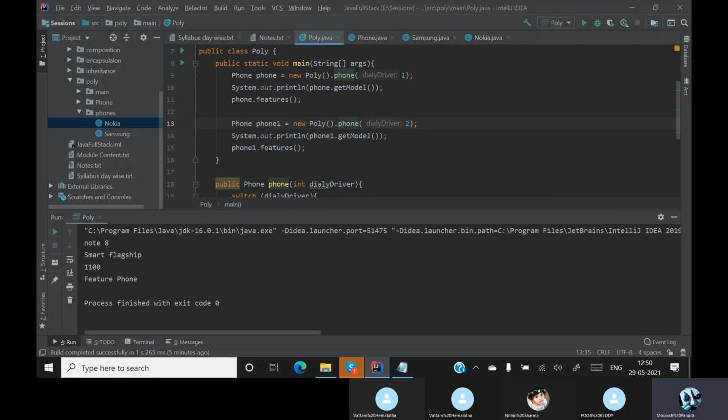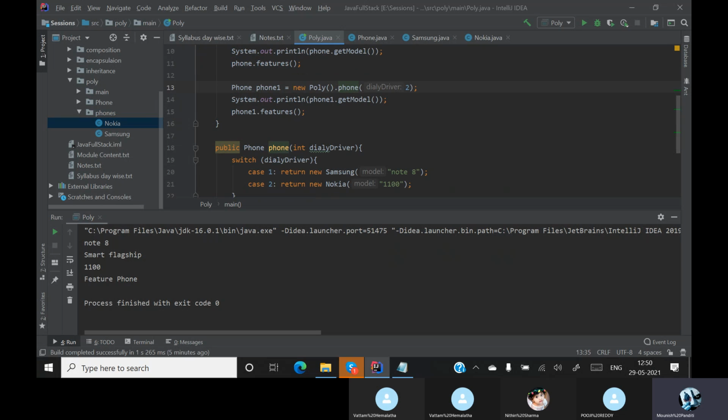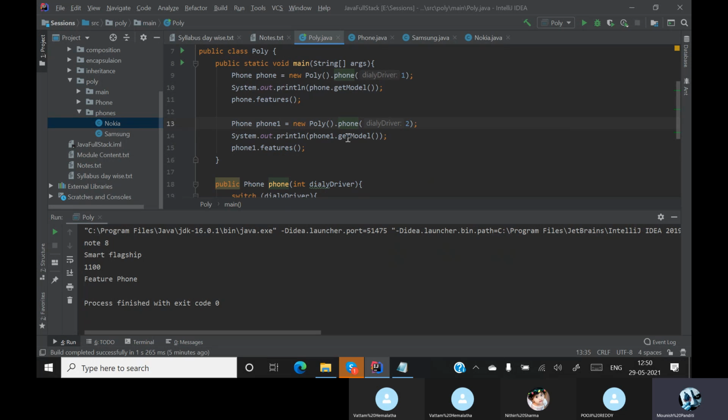Understand this: if it is a static method, you can directly call it with the name; else if it is not a static method, then you must call it with the class name. Understood?